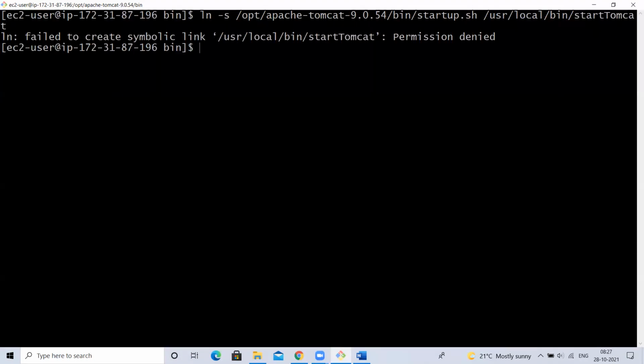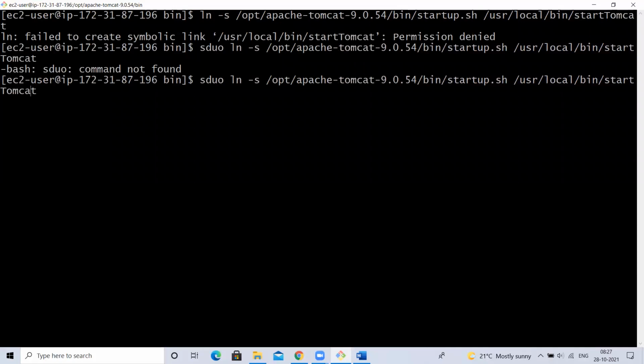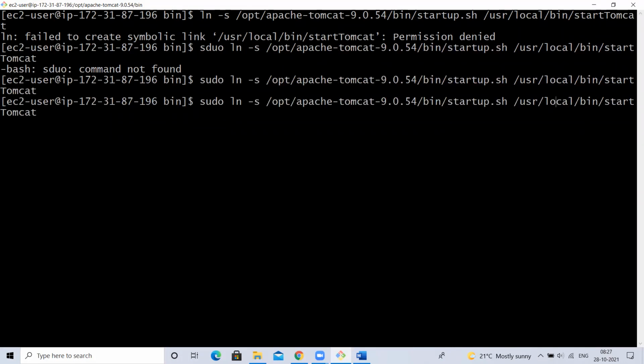Okay. Why did it fail? Sudo. Okay. Next, for shutdown, I will try shutdown.sh, startup, shutdown.sh. Sir, under the root directory one bin will be there, and under user local, one more bin. First, let me complete this. Don't ask in the middle. Okay, I created it for this. Next.